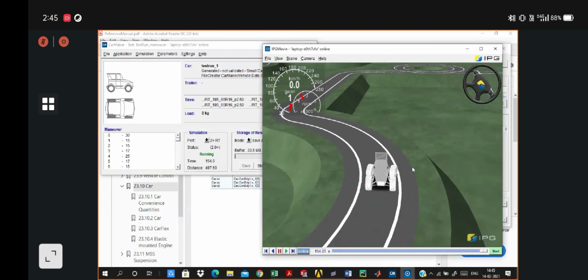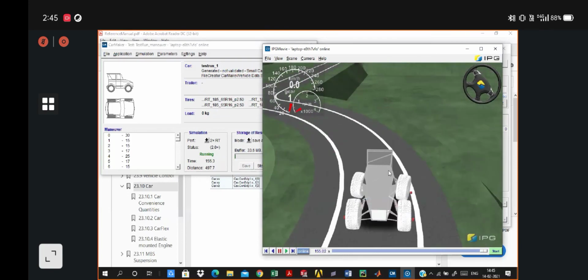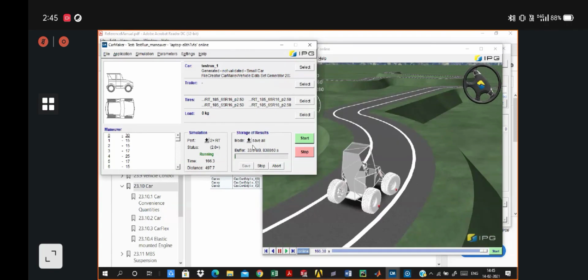When the lateral acceleration is decreased, the vehicle takes a defensive stance while cornering, and hence the chances of rollover are eliminated. So you can adjust the values of these parameters accordingly.